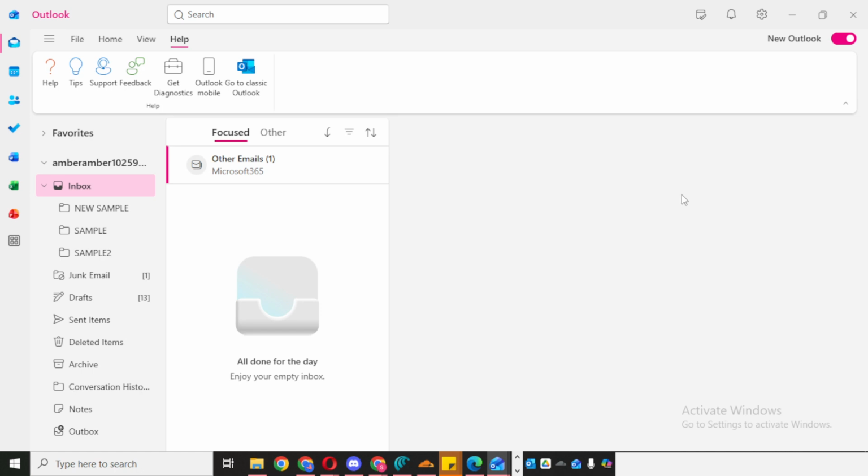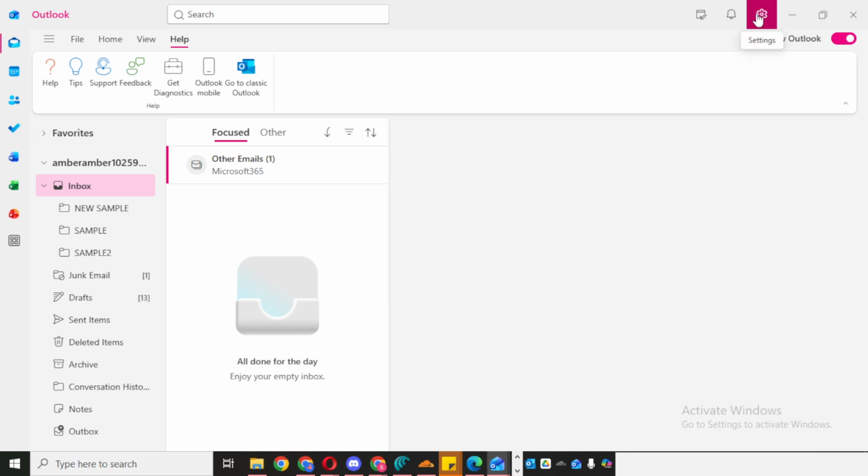To get started, open Outlook and make sure you're on the main screen. Once Outlook is open, look toward the top area of the window and click the gear icon to open Settings. This is where Outlook stores many of the options related to how your account and messages behave.